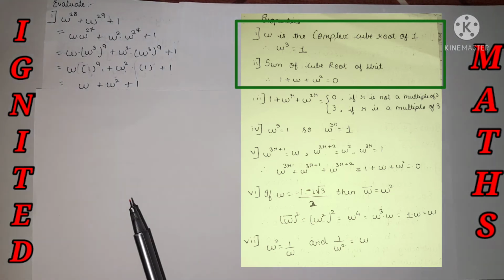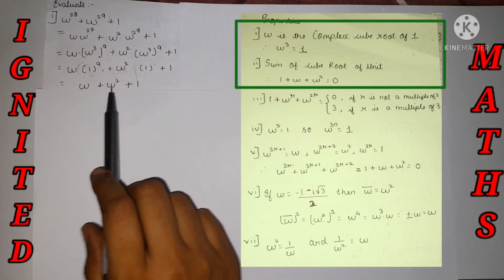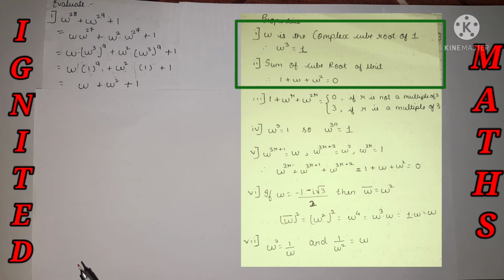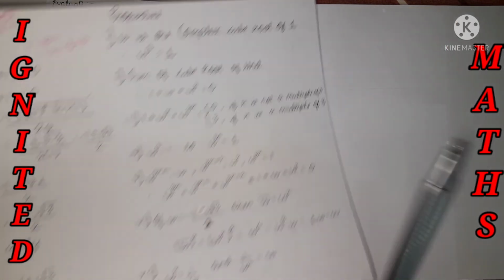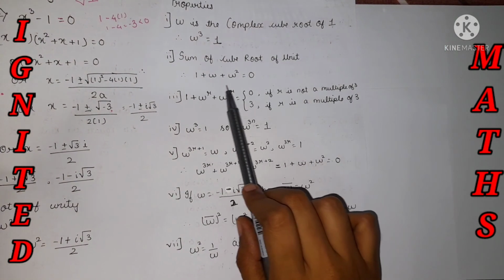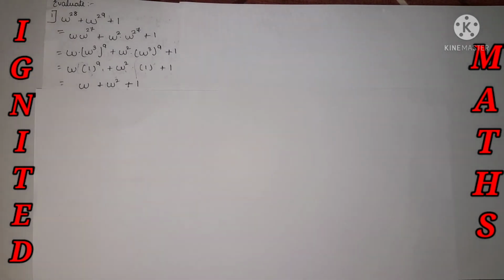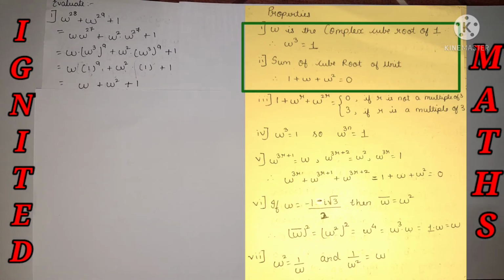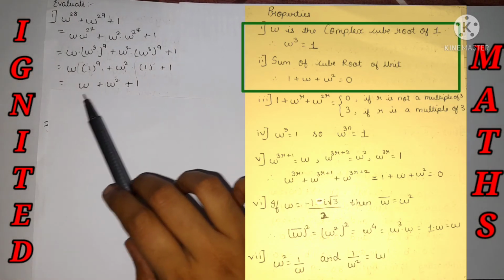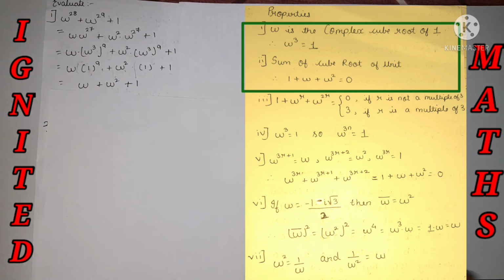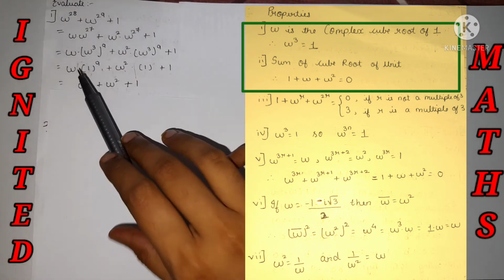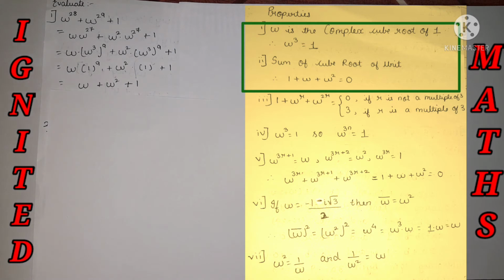And again, I have already mentioned my second pillar has come up: 1 plus omega plus omega square is nothing but 0. The sum of cube roots of unity is equal to 0. Yes, this is how we need to do the calculation. It's just a change, like 1 plus omega plus omega square is equal to 0, but omega plus omega square plus 1 is also equal to 0. In addition, no problem. This is how we need to find it.